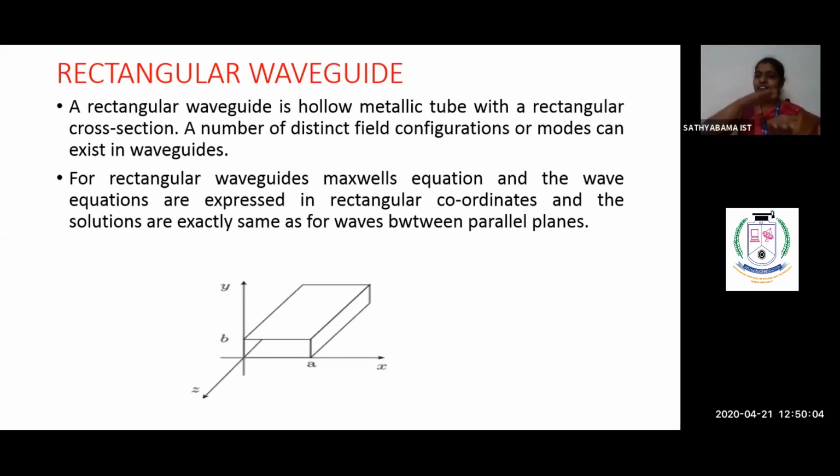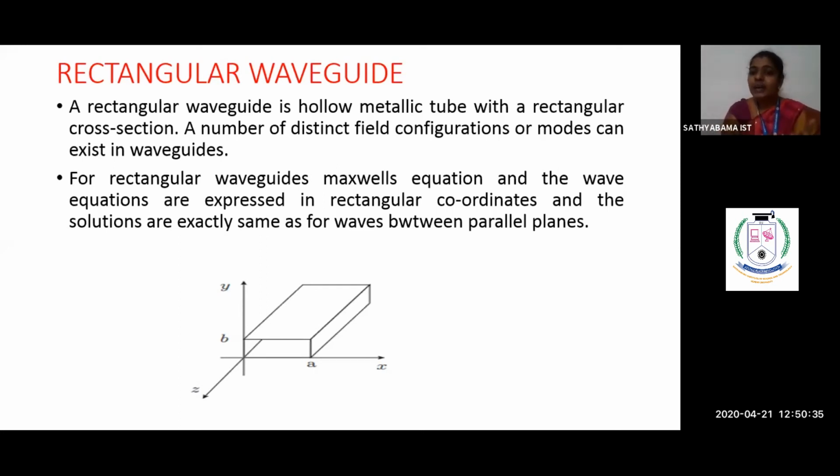In a parallel plane waveguide, two plates are running parallel to each other, side wall is not there, y direction is constant, dou by dou y is 0. But in rectangular waveguide, side wall is there. It is a four-walled waveguide. Okay. So now what is here? Along the z direction wave is propagating. Along the x direction variation 0 to a. Along your y direction 0 to b. Length, width and your entire propagation space.